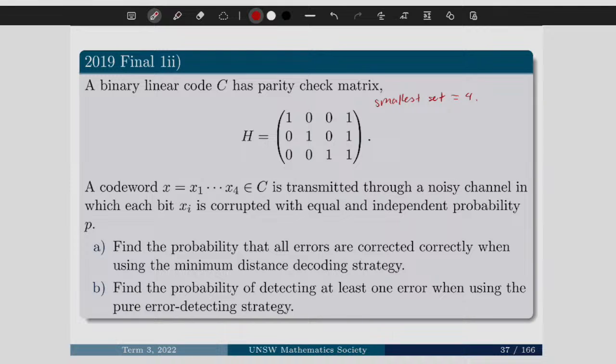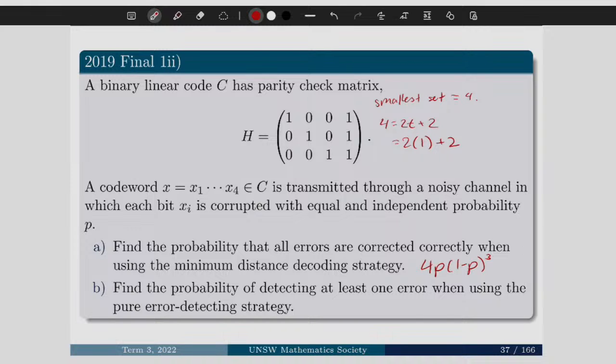And if we were to write this in the same form as we were writing out even and odd fixed length codes, then I'll say 4 equals 2t plus 2, where t equals 1. And by the minimum distance decoding strategy, we can only correct up to 1 error, right? So if we can only correct up to 1 error, then that probability, using probability, is going to be 4p(1 minus p) cubed, right? Super slay, super easy.